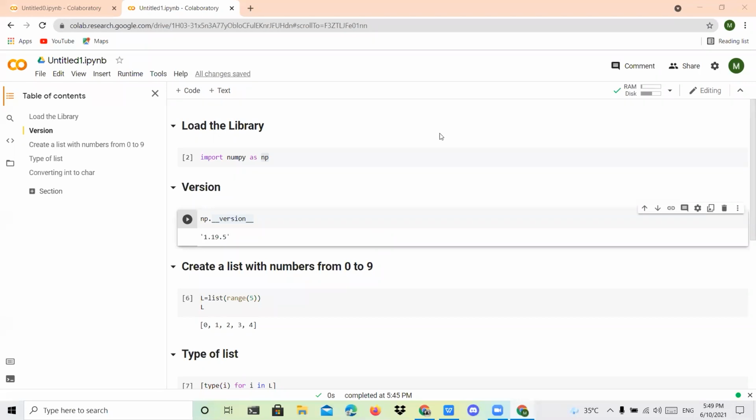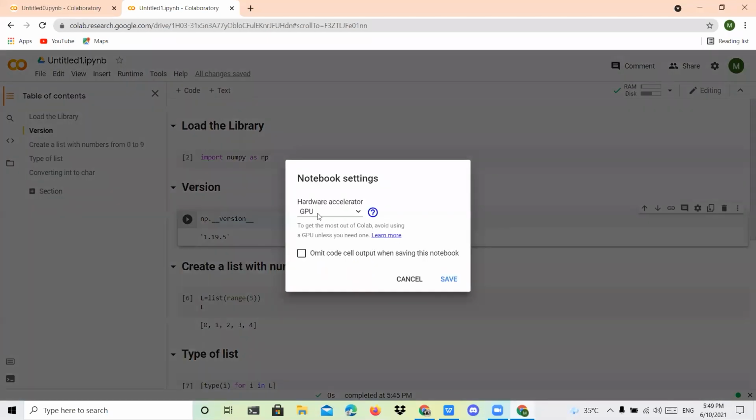Please, all of you follow the things. I explain repeatedly, right? GPU is the runtime I changed. It is only for the purpose of handling images. Suppose we are going to handle any kind of images. In that situation, you have to import some kind of libraries, and those libraries only support this particular runtime. That is what I told.